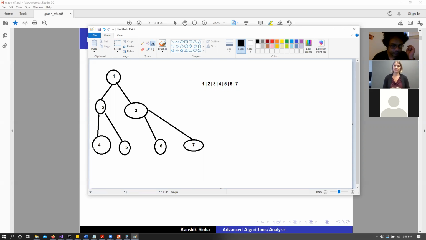Thinking about it differently, traverse the tree and convert that into an array, similar to what you're doing. Yes, Brian, imagine that we are doing a sort of breadth first search, if you know about it already. In that scenario, we are representing this tree in this particular formation, but you can also think of it as the first node goes first, then all the children of the first node go next, then we have 2 and 3, then the children for 2 go next, we have 4 and 5, then we have children of 3, that is 6 and 7, and so on. So does everyone agree that this would be a valid way of representing this tree?